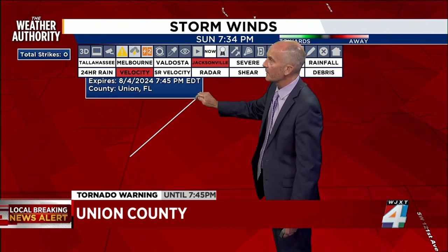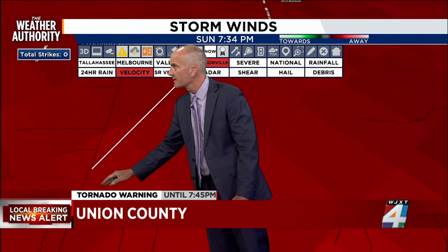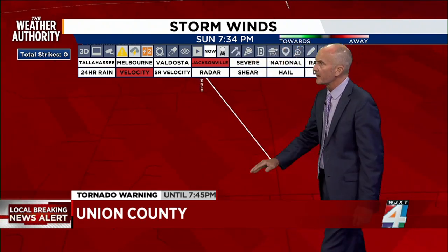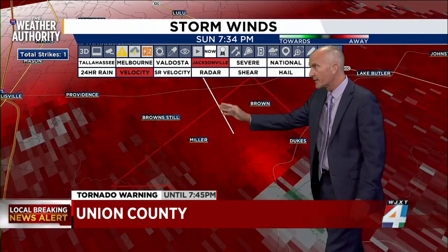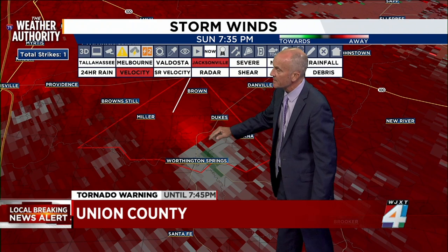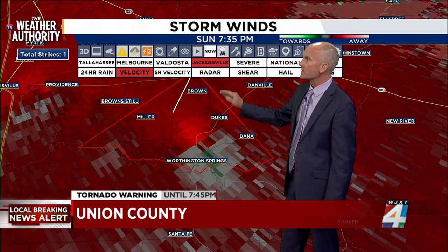And let's see if we can go ahead and just move this up here and out of the way right now, because we're trying to get to the street so I can give you better spots here between Union County where we're seeing some of these at this time. All right, so the bright red is now widespread. All of the wind here that we're seeing is moving in one direction. The green, you can see where it's starting to separate again from this area of red. That swath, though, that continues will have this damaging or potentially even some of the damaging wind,